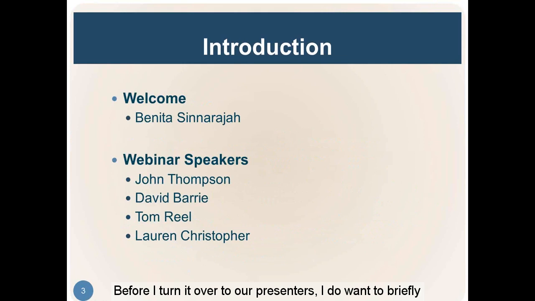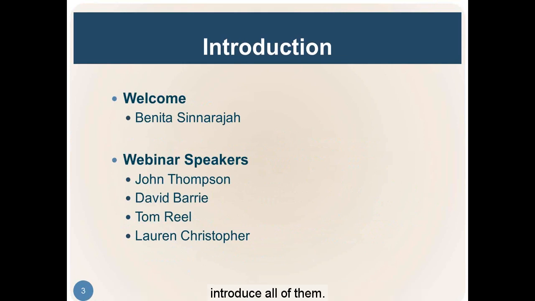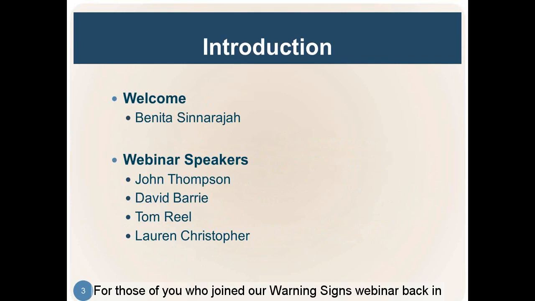And before I turn it over to our presenters, I do want to briefly introduce all of them. For those of you who joined our warning signs webinar back in August, many of these speakers will be very familiar to you. So first off, we'll hear from John Thompson, who joined the federal LIHEAP team within the Division of Energy Assistance back in 2015. He's primarily responsible for performing fiscal monitoring on site visits, commenting on draft audit disallowance letters, and working with contracts. And he has almost 20 years of experience within progressive accounting, finance, and budgeting within the federal, nonprofit, and corporate